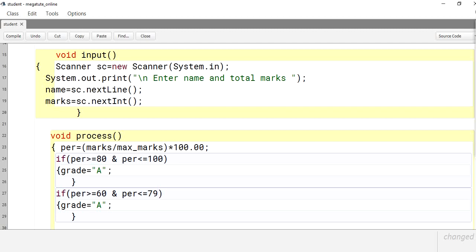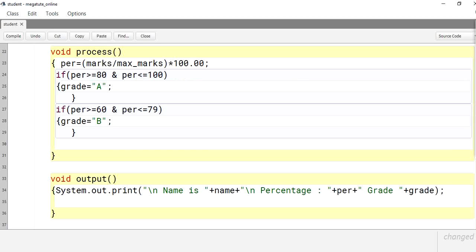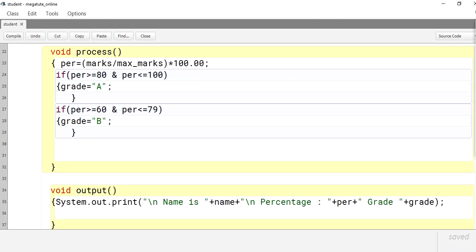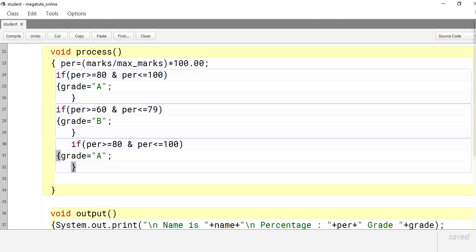So grade is B. Another is, I'll just paste it again and try to change the condition. So next, third condition is if it is more than 40 and less than equals to 59, my grade is